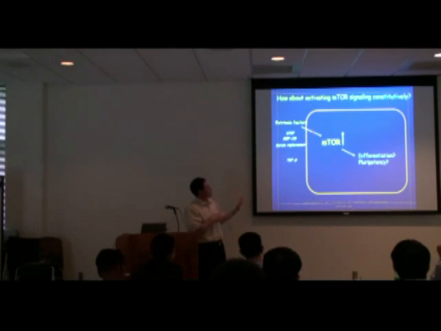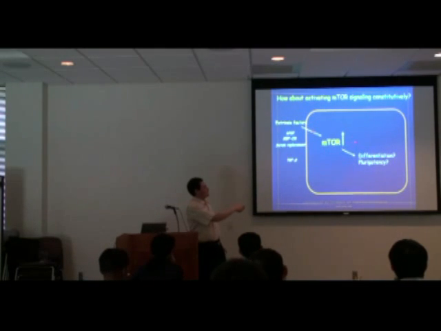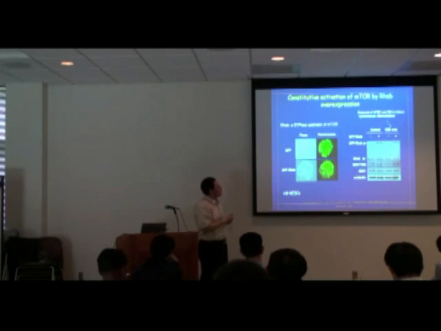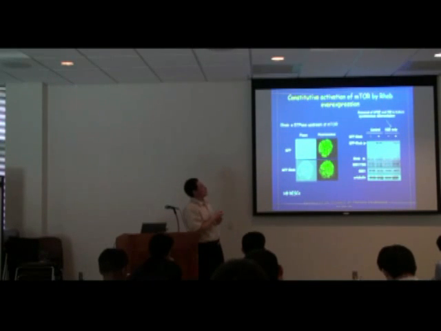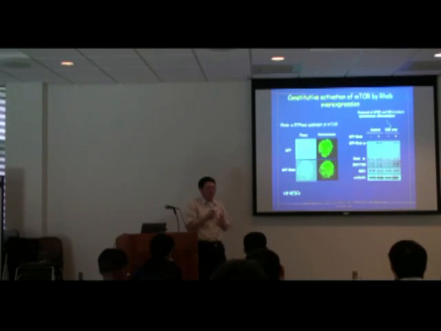Before I get to that, I'll briefly show you the other strategy which shows that mTOR is important. We know that mTOR can relay signal from outside the cells. But what if we cut off these signals and we enhance mTOR activity? Is this manipulation sufficient to suppress differentiation and protect pluripotency? This is cell signaling 101, basically. If you study cell signaling, you know this is one of our typical approaches. To show this is important, you remove that, you jack up this signal, and you see what happens. The way we did that is to overexpress a molecule called RAP, which is a downstream GTPase that can trigger mTOR activity.